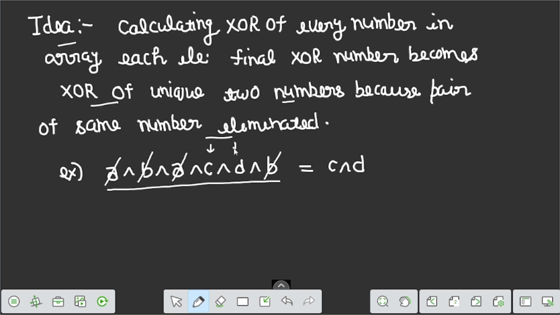Only the two different elements remain, so the answer becomes C XOR D, which is the XOR of the unique elements.